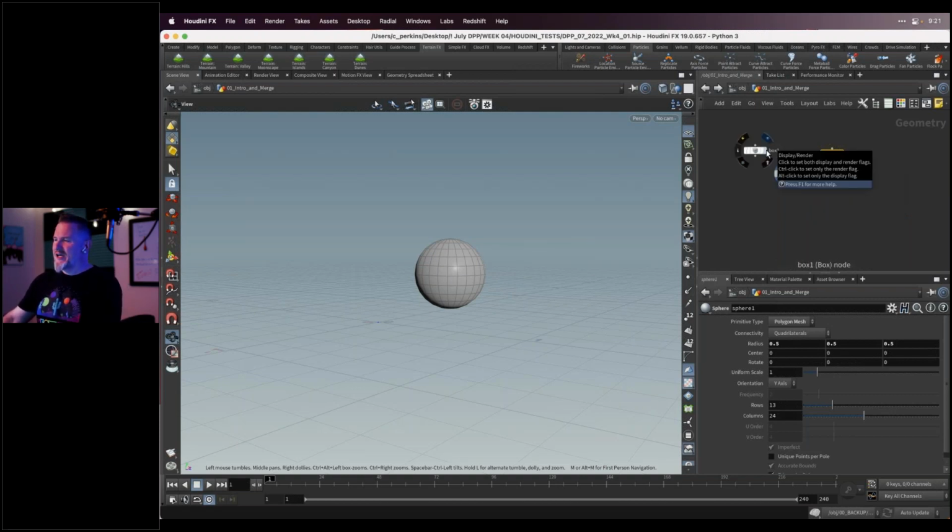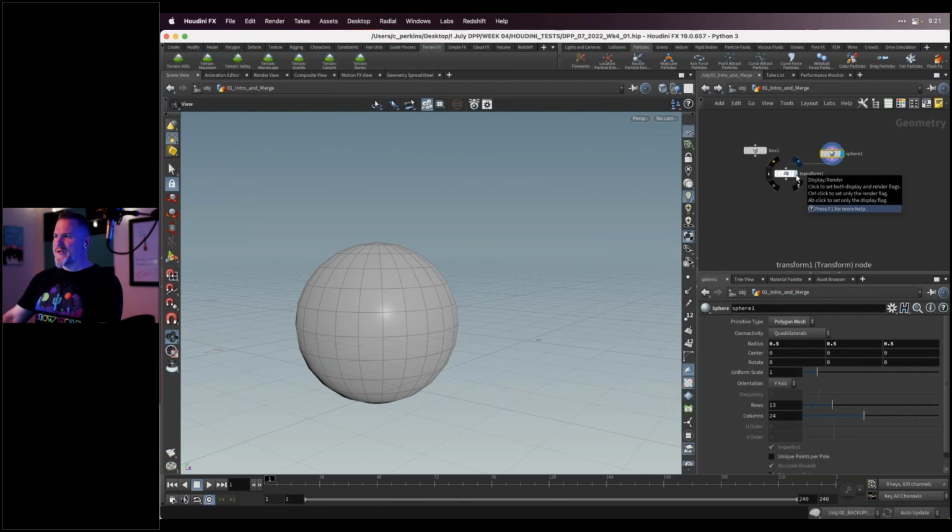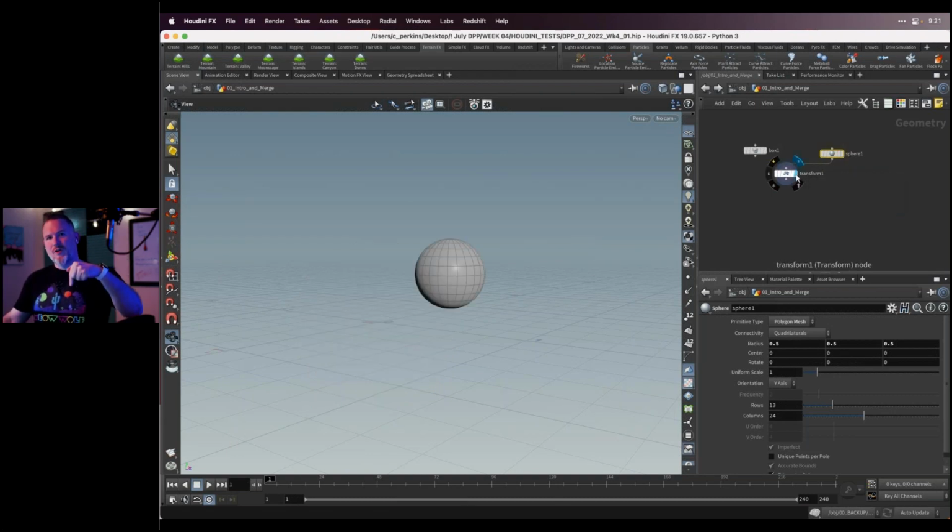So if I choose the render flag on the box, then the box will render. If I choose the render flag on the sphere, then the sphere will display. If I choose the render flag on the transform node, it will show me the sphere after the transform node has adjusted it. So you might be saying, well, how do you display multiple things at once? Because that's kind of an important thing to happen.